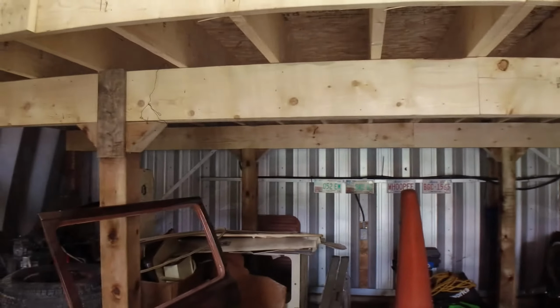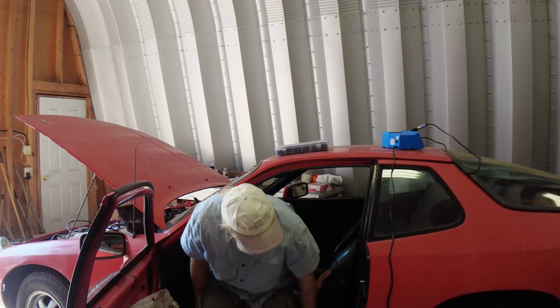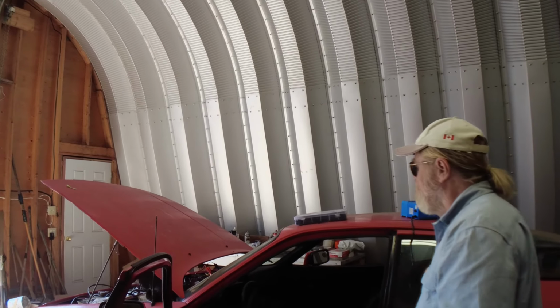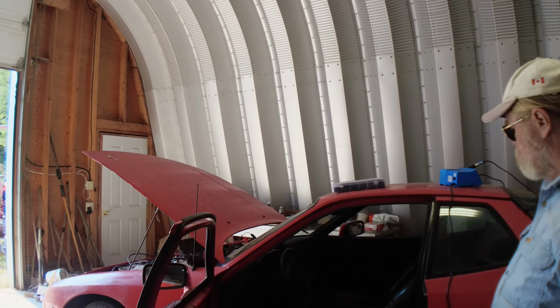Anyway, here we are in the other shop. There you go. Yeah, that's not the picture we want. Porsches are difficult to get out of. Oh well. That wasn't the picture we wanted, but that's the picture we got. That's it. Anyway, there we are. The seat looks very low. It is very low. Once you get them off the...